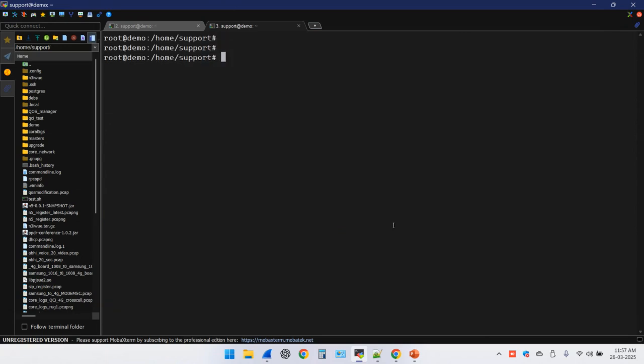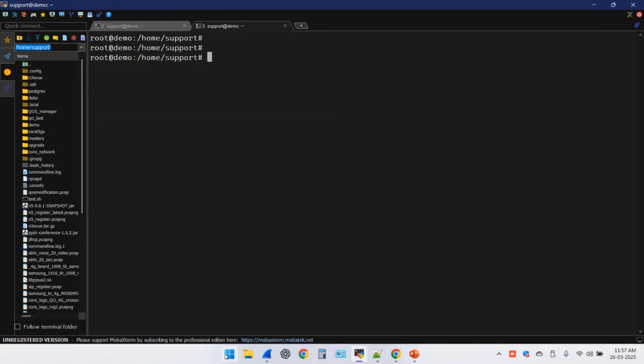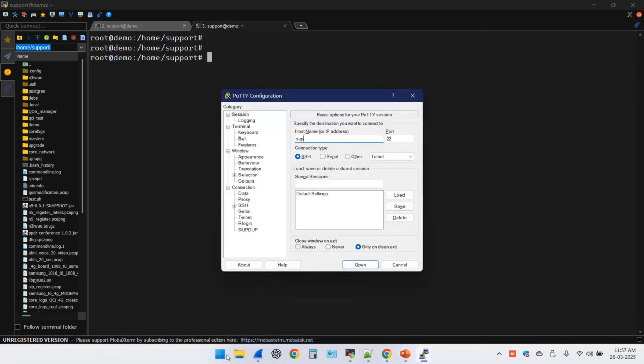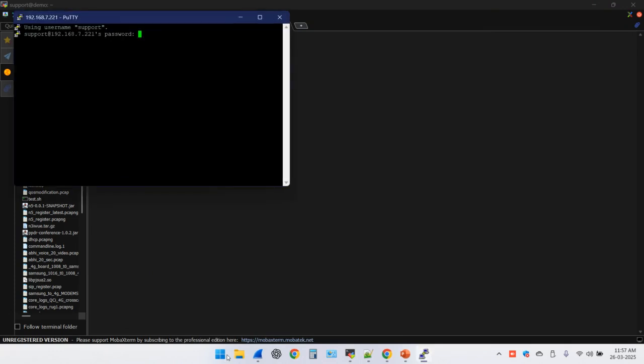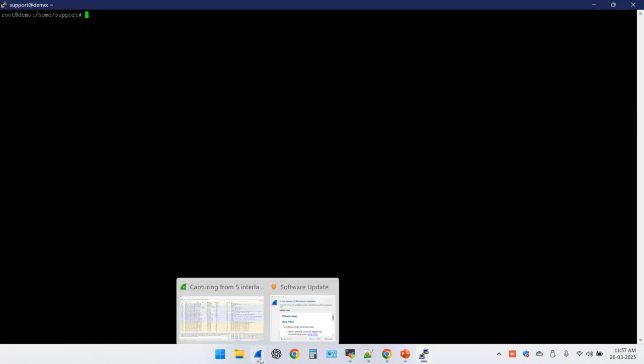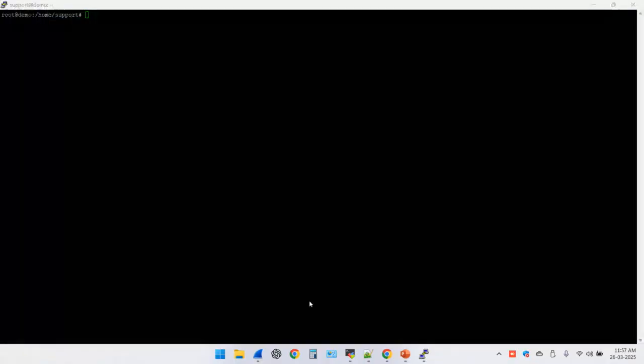In our system there is a utility called SNGrep. This is MobaXterm, one utility I am using to connect to my core network. You can also use PuTTY, which is provided in the lab. PuTTY is another software you can use to connect to your core system. Similarly you can connect from here also. One way you can debug is from the Wireshark. Another way you can debug is from the command line utility called